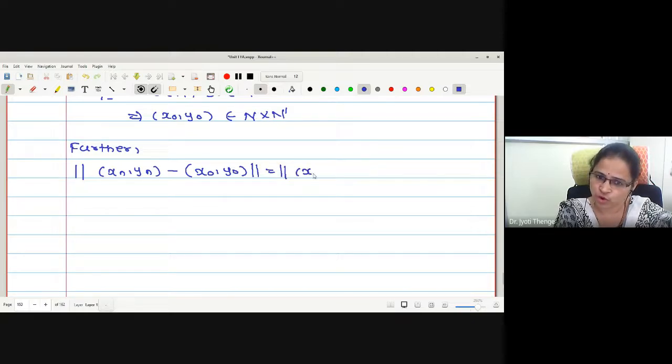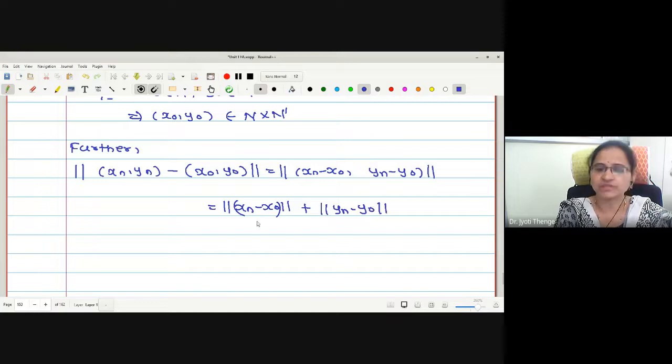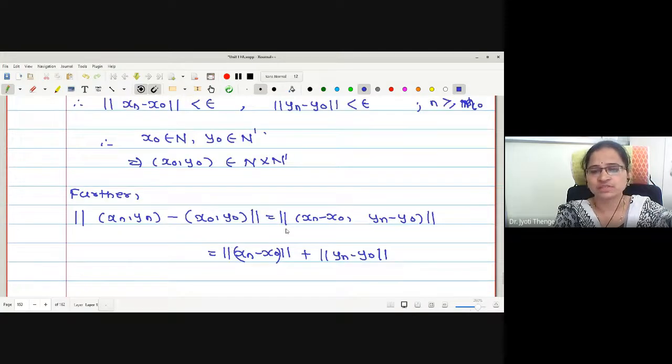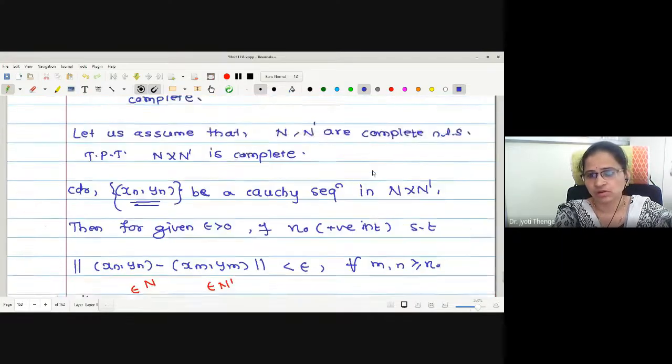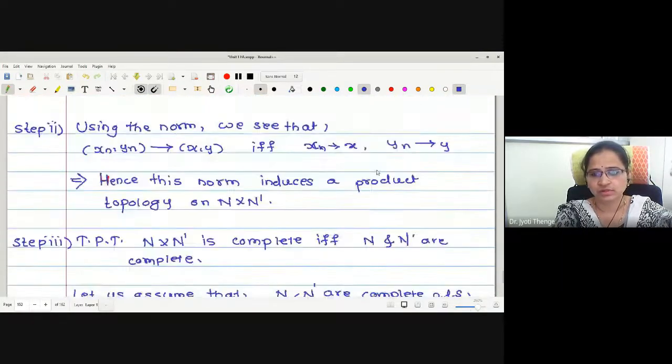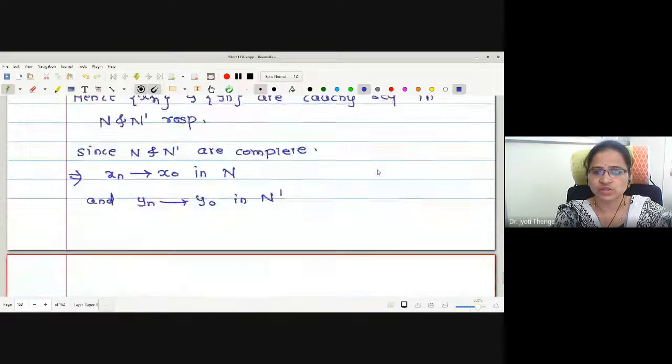Let me use the coordinate wise operation first. Let us use the definition then. Correct, no? But what does the definition say? Norm of xn minus x naught. Now I will call this statement number, yes, what is the number I have given? Somewhere I have given 1.